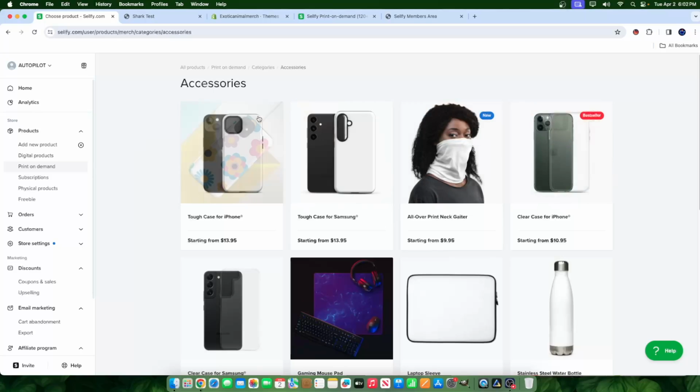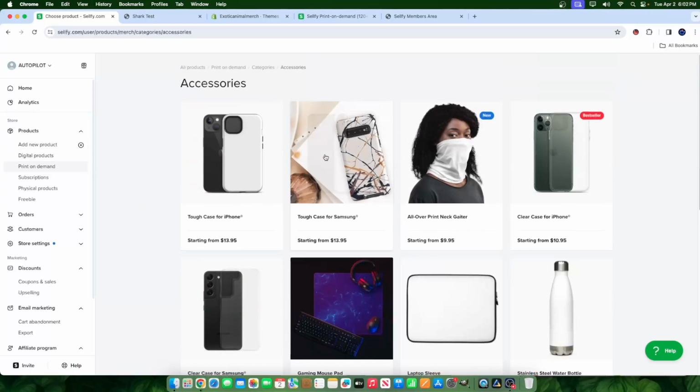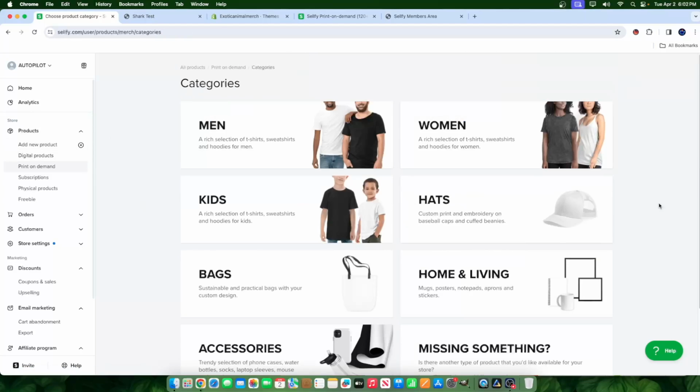So, like I said, with a little bit of creativity, you can sell different products and you can get a lot of sales, and you can do that with your marketing, your SEO, etc. Now, speaking of products, let's go ahead and actually create one so I can take you through the process. So let's say, for example, I wanted to create